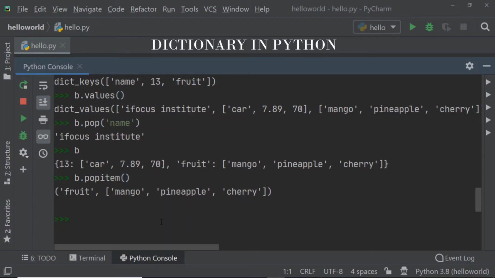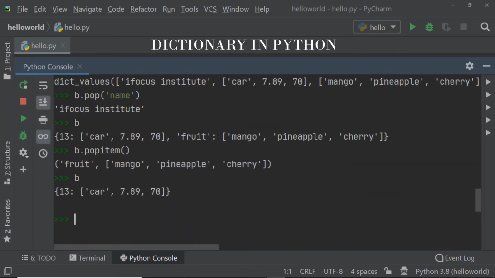So first I will add this list in my B dictionary. Right now my B dictionary has only one item, so I will add certain items to it. Let's say I want to add fruits. I will add a list again which has mango, then the second item is again pineapple, and the third item is again cherry.